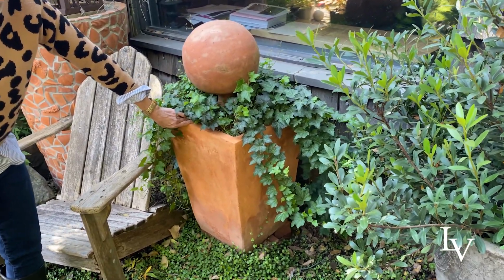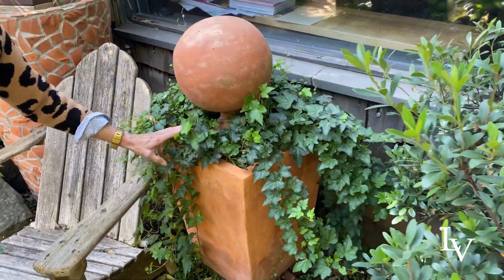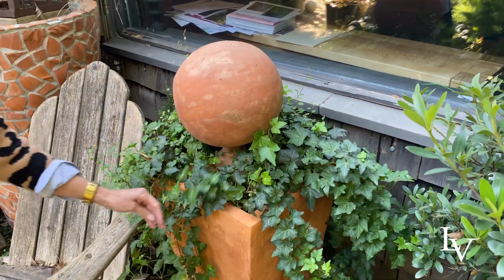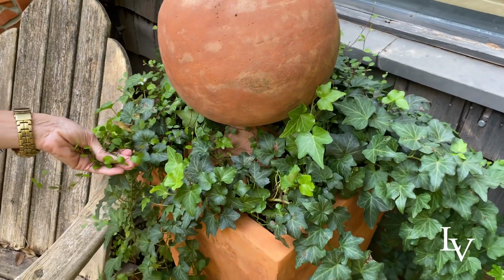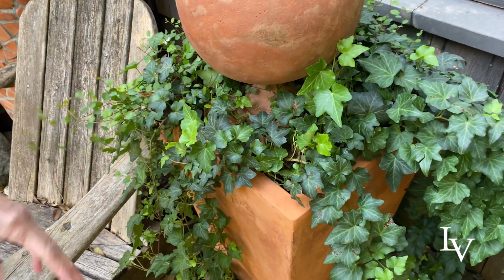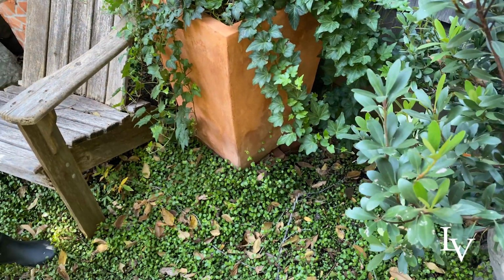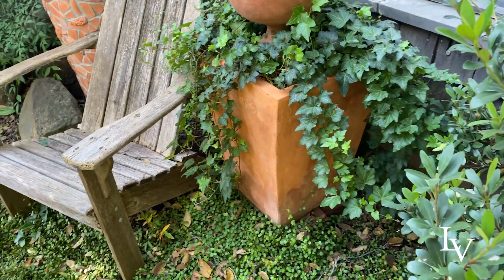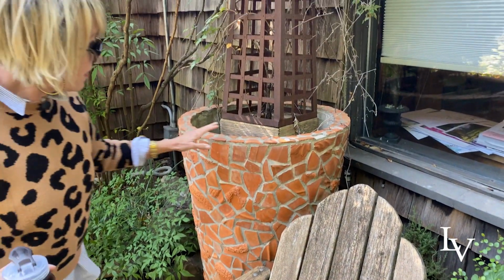I love the juxtaposition of this round line against the angular one. I think that's very, very appealing. And then they've got in here just ivy and lots of creeping wire vine or Muhlenbeckia. And you'll see it also as a ground cover at the base of this, where they have gotten it to naturalize. And then over here, speaking to kind of pots and things being in the same family, they've got a